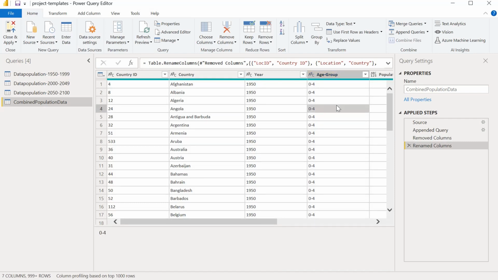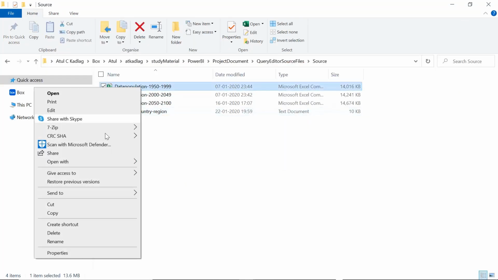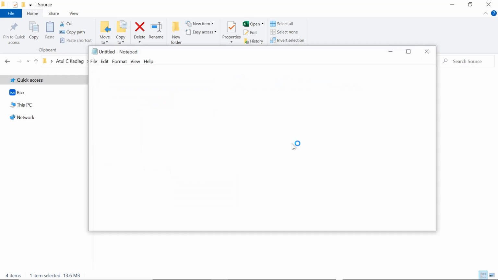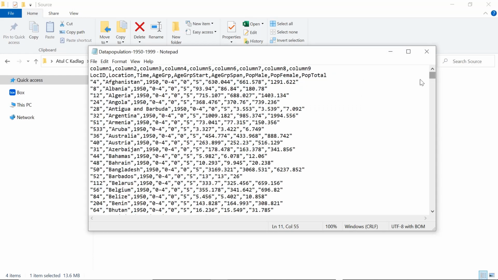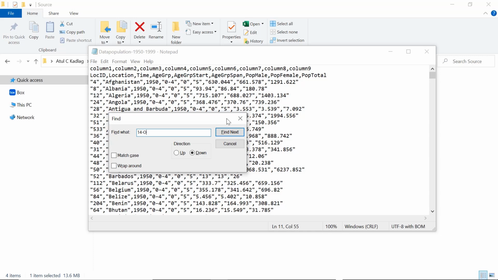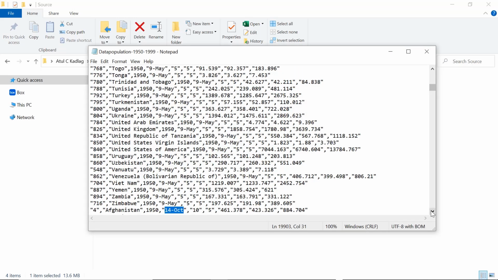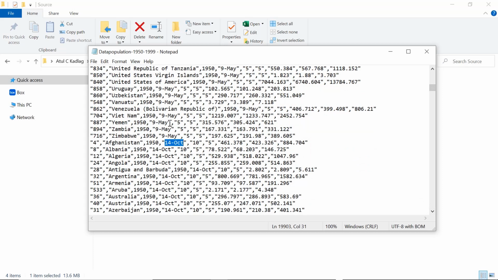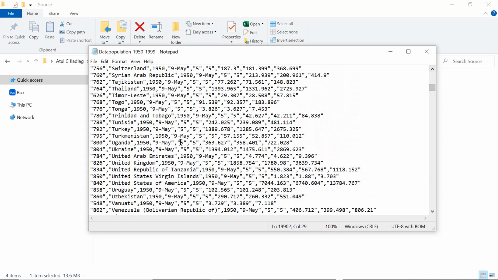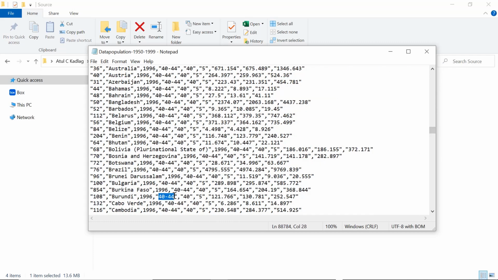First of all, before replacing this, we'll see where this came from, whether it is in a source file, or whether it happened in the query editor while doing some transformation. We have these source files. Let's open one of the files here and see whether it has 14th of October. Yeah, now you can see the source file itself does have this 14 October and 9 May as well, and the rest of the things are maybe correct. If we scroll down, you can see there are some groups which are correct.